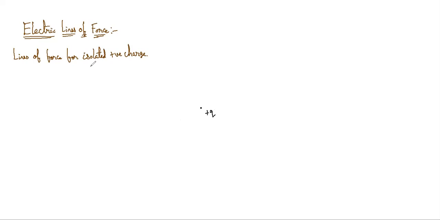Okay. So basically, this concept helps us to visualize the electric field. We saw that every charge has some influence around itself. So that influence is the electric field which we calculate. So this has to be visualized also using this concept. So how do we do this? Basically, we try to see at every point what is the direction of electric field.